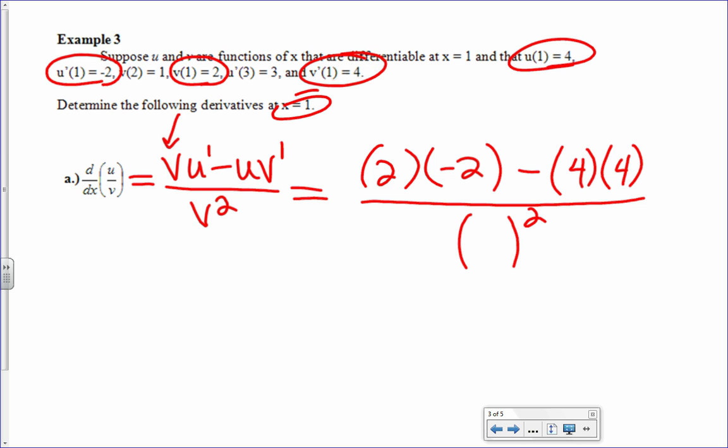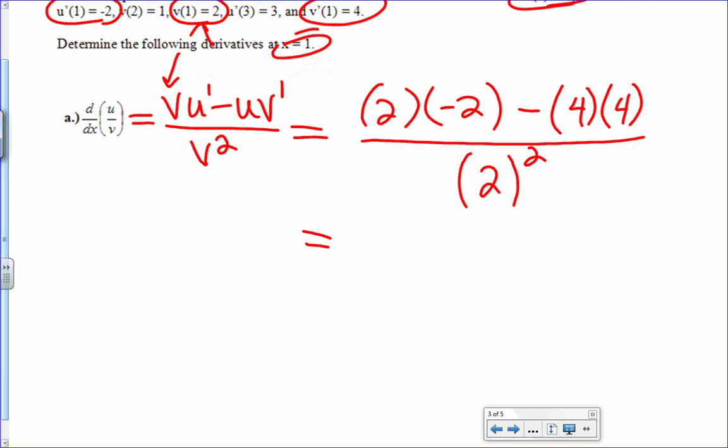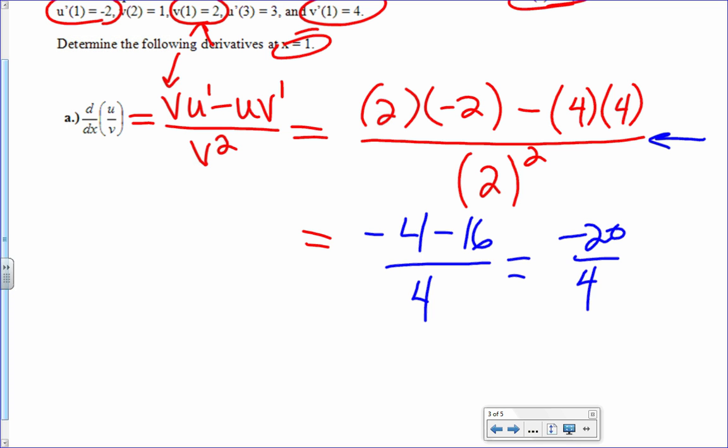Where's v at 1? Is 2, right? Right there? 2. So now it turns into just a simple calculation that we could have handled probably a long time ago. So we've got order of operations, of course. Don't forget that the division bar is a grouping symbol, numerator and denominator separately. So we got what? -4 minus 16 all over 4, which is -20 over 4, otherwise known as,